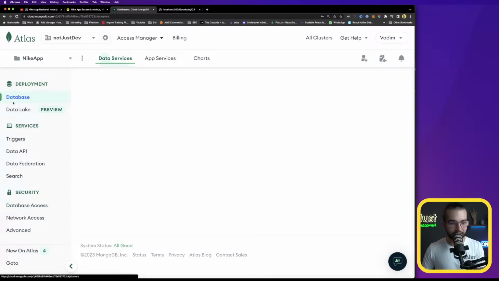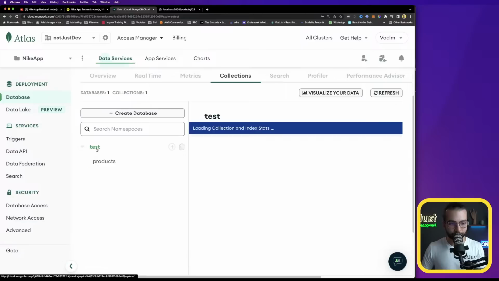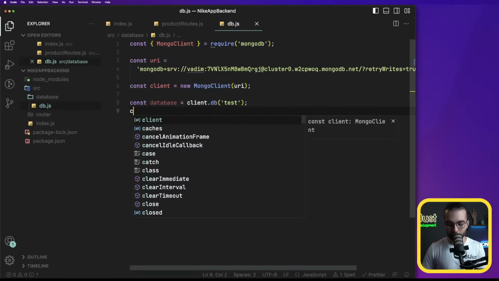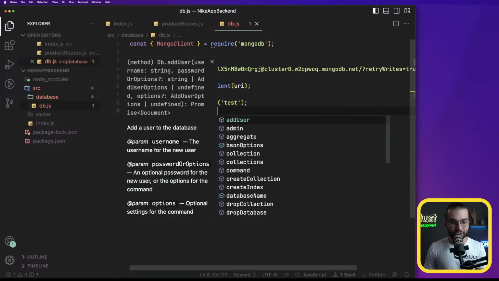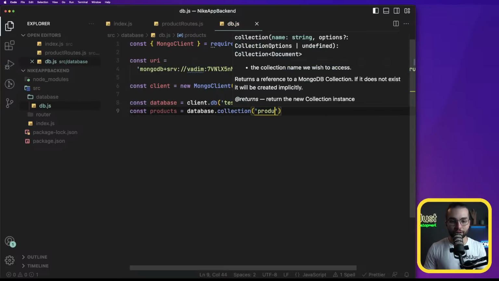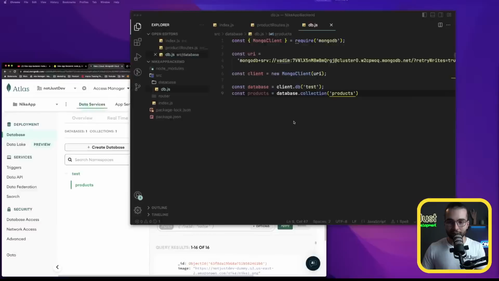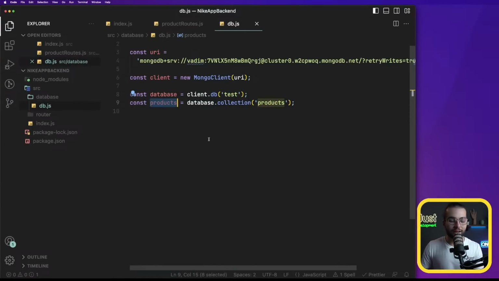If we go to the database here, cluster 0, and if we go to the collections, you see here that we called it test. If you called it differently, take it from here, the name of a database. And the products is our collection. So the next step is going to be to get our products collection by using the database.collection, and here the name of a collection that, again, you take it from here. Test.products. All right, so now that we have access to the products collection, let's go ahead and export